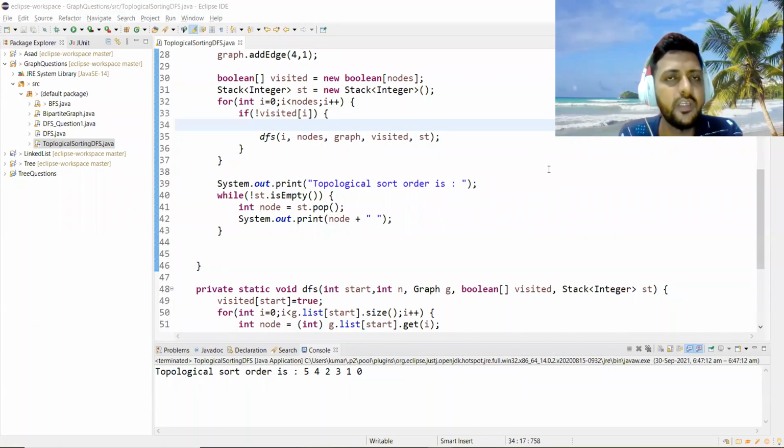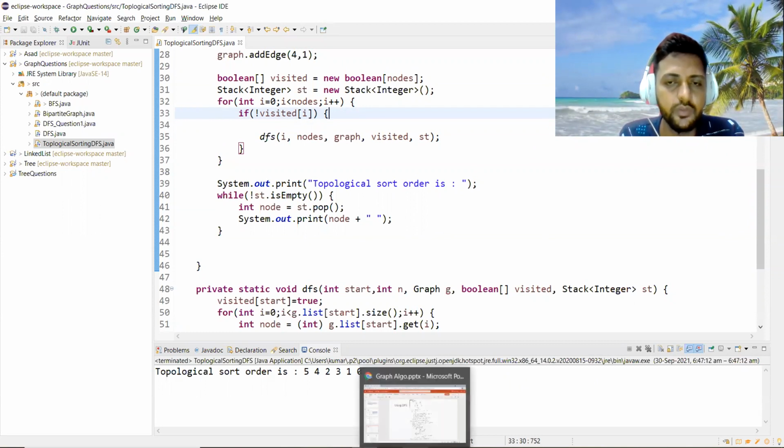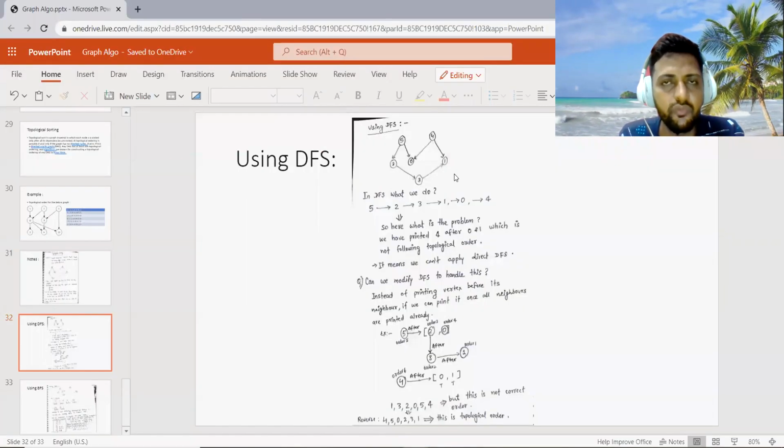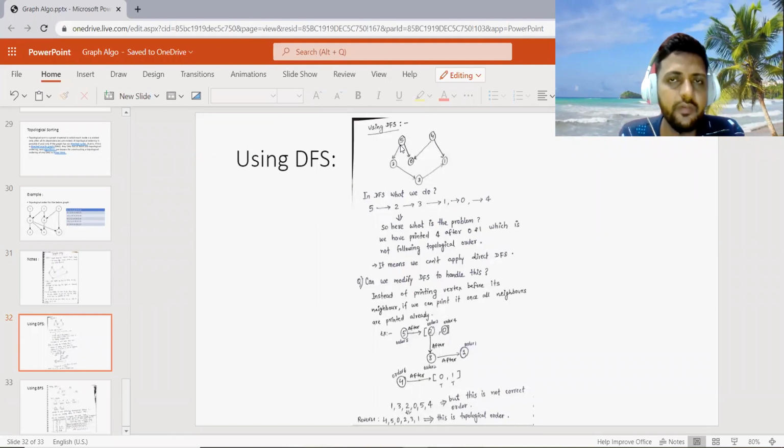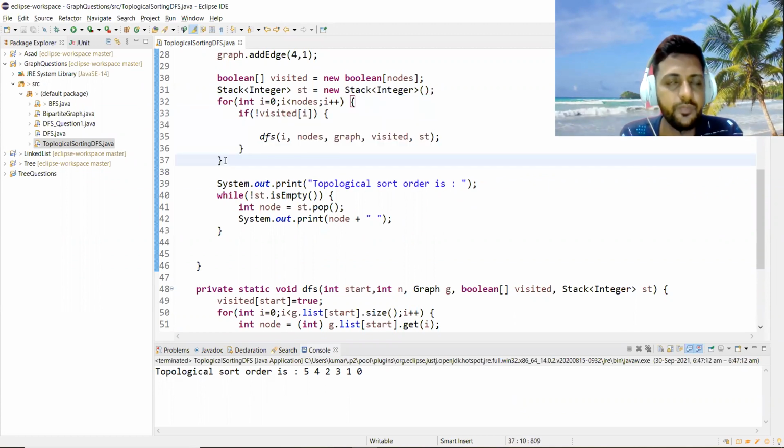So here we can get the same output also, but the order should be the same as what we did in the explanation. The first node should start from 5, then you traverse, then you start from 4. But here we are always starting from 0, 1, 2, 3, 4, 5 in order. But yes, both are correct.